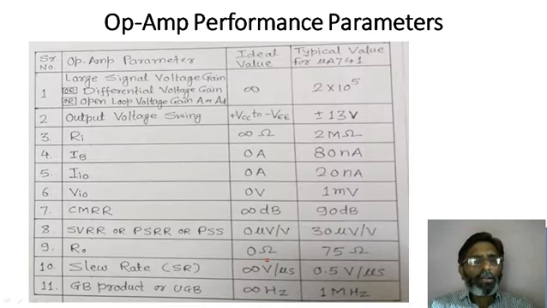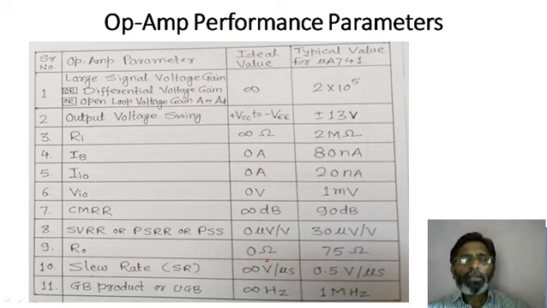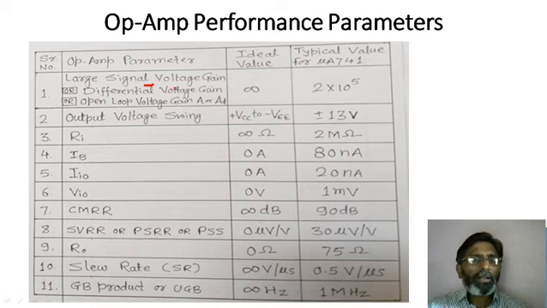Next, we will see what are the values of all these parameters for the ideal op-amp and for the practical op-amp as well as for the op-amp 741. Now, just we have seen, we will have the recap also. So, our first parameter is the large signal voltage gain or differential voltage gain or open loop voltage gain, which we represent as A or AD, we have seen. So, for ideal op-amp it should be infinite, for practical op-amp it should be as high as possible, and for 741 it is 2 into 10 to the power 5.